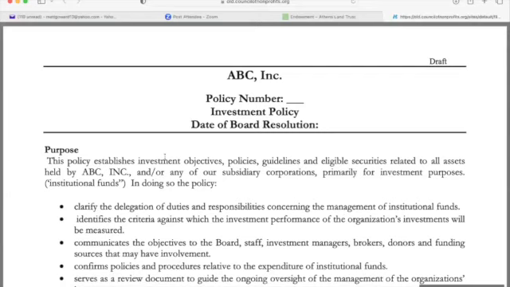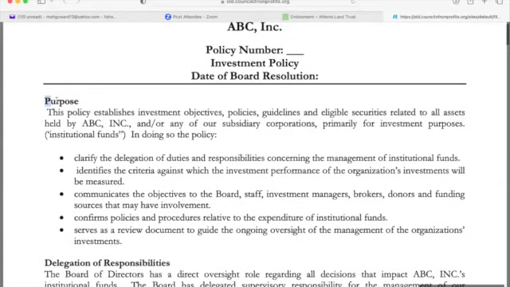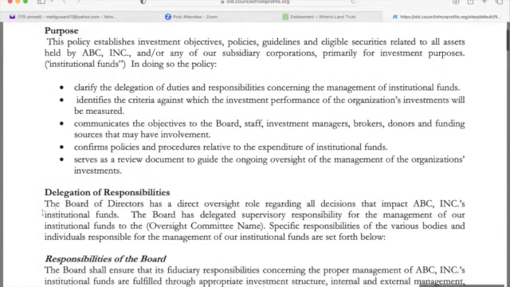And this is an example of an investment policy statement. So you can see at the top here, this outlines the purpose. Depending on whatever type of endowment you had, its purpose and any restrictions would be listed here. There's delegation of responsibilities.